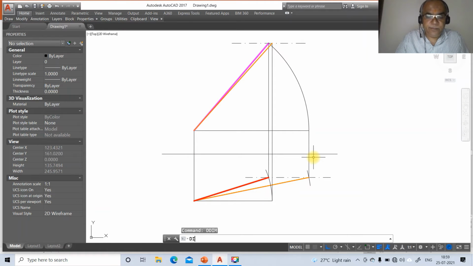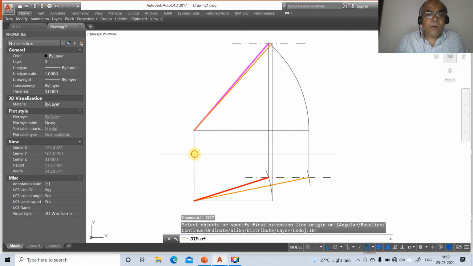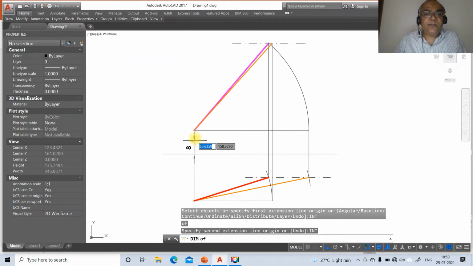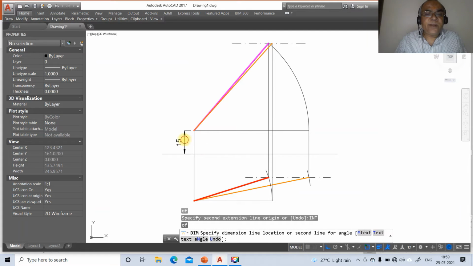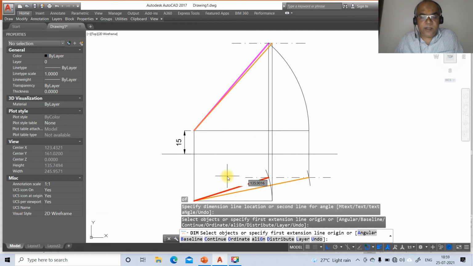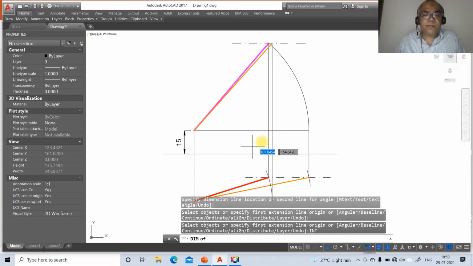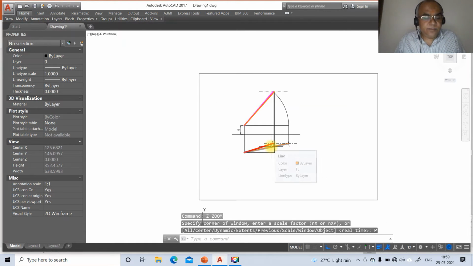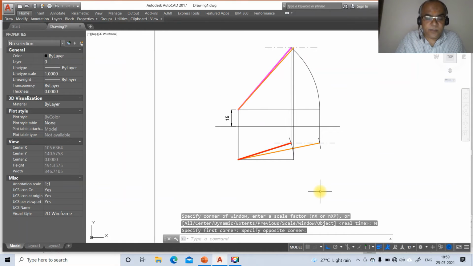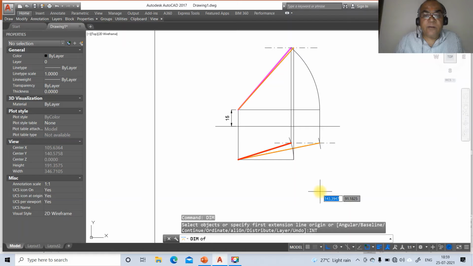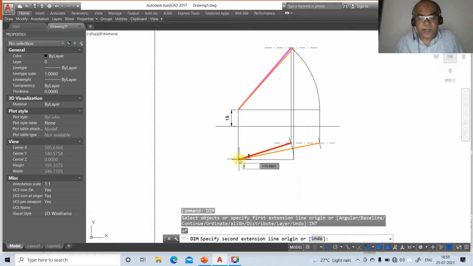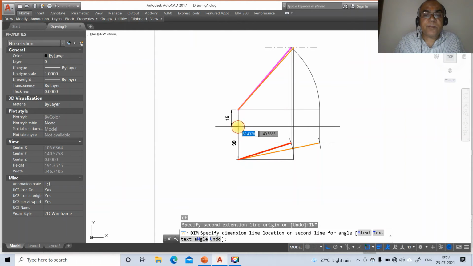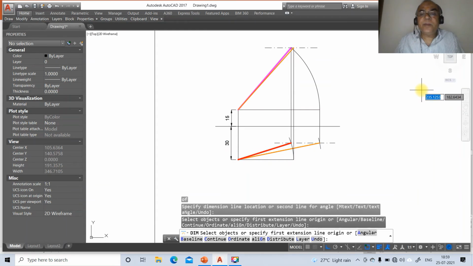Now we go for dim, take intersection point of this to int of this. So you're going to take 15. Similarly, int of this, go to zoom previous and then zoom window and dim int of this and take intersection point of this. So we got 30.